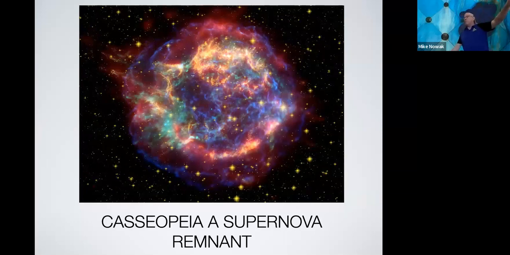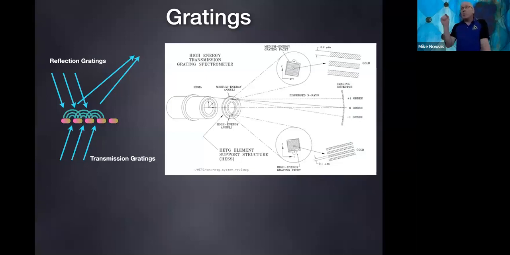The colors here represent the energy resolution of the CCD. So we can do some interesting things with the energy resolution of the CCD in this particular case. And that tells us things like temperatures, densities, and composition of this material. So most of what you see there, if it's blue, it's iron. If it's green, it's sulfur and silicon. And if it's red, it's carbon, nitrogen, and oxygen. But we're going to do a little bit of a better job of that in a moment. So we have something else aboard Chandra, and it's called these transmission gratings.